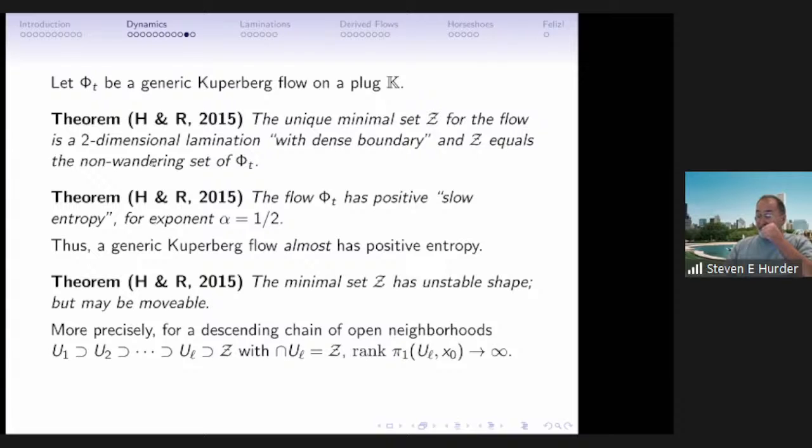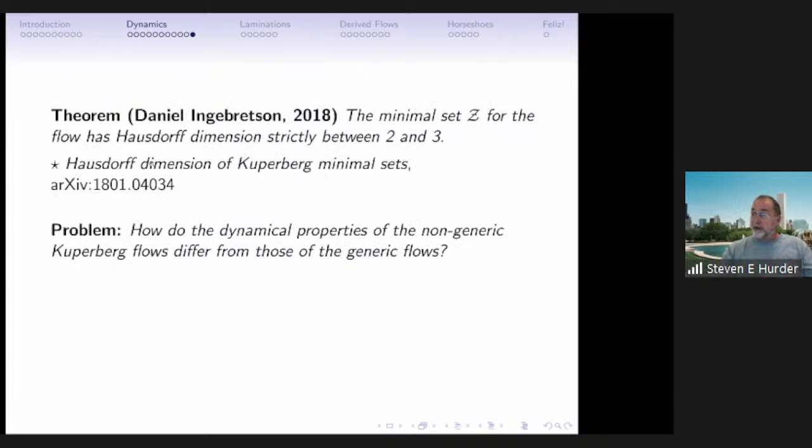So unlike the case of the Seifert minimal set, which is a wedge of two circles, where the rank is 2, constant, here the rank expands, it explodes, in fact. So these are our results, and we were happy about it, but we had put a lot of time into it. And so the next step was to give the problem to a student. So I asked my student Daniel Ingebretson to look at the Hausdorff dimension of the sets, because that was not addressed in any of the previous works.